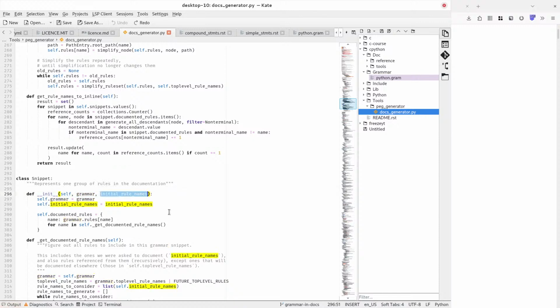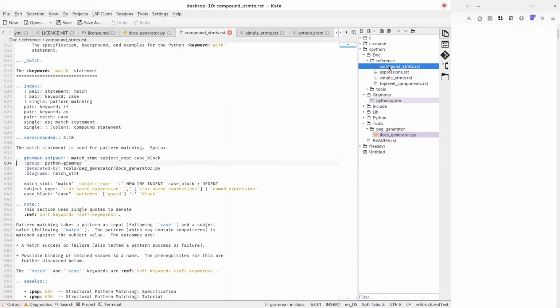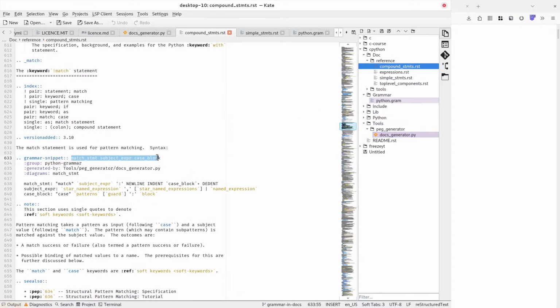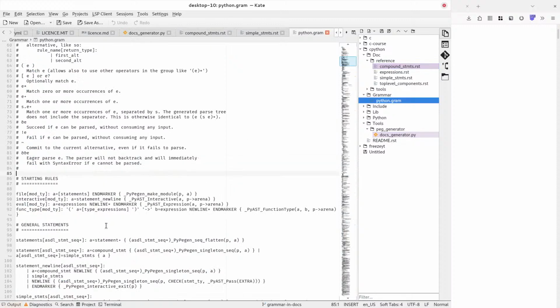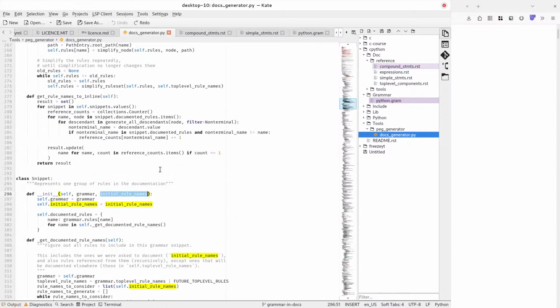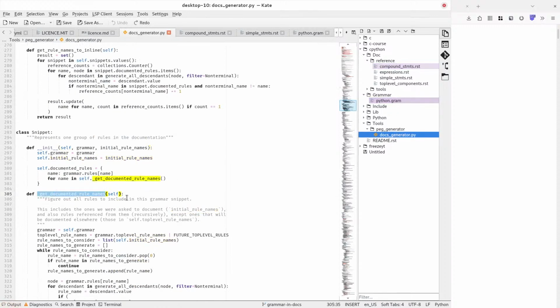And the snippet has initial rule names, which are the ones we are asked to document. So these ones. And it can also include other ones that are not listed explicitly. So for that, it has this get documented rule names